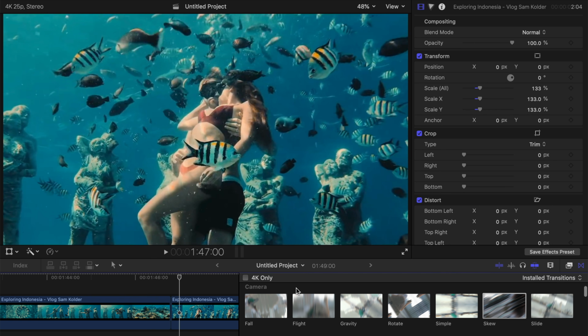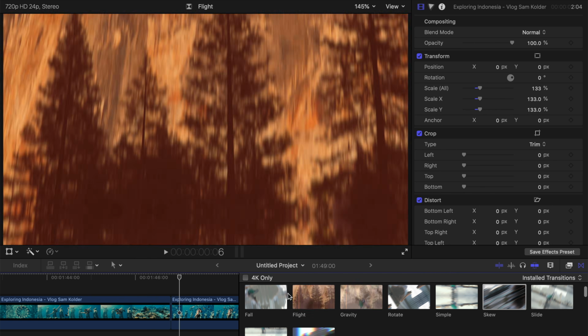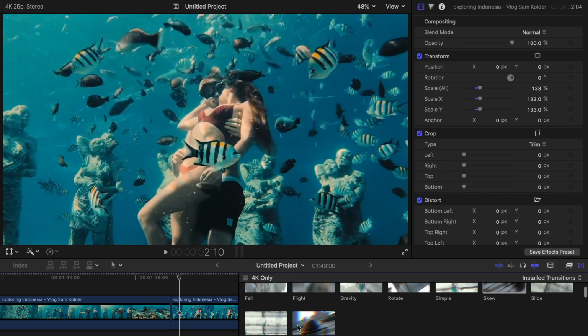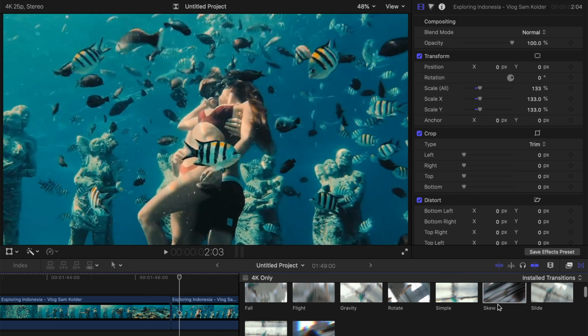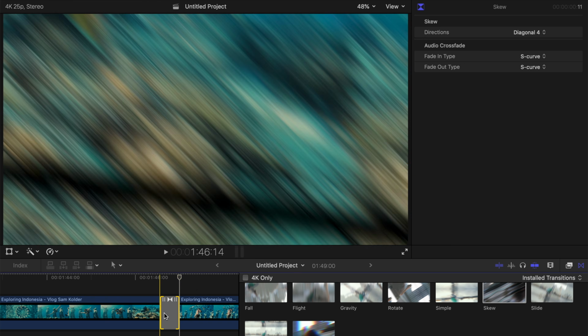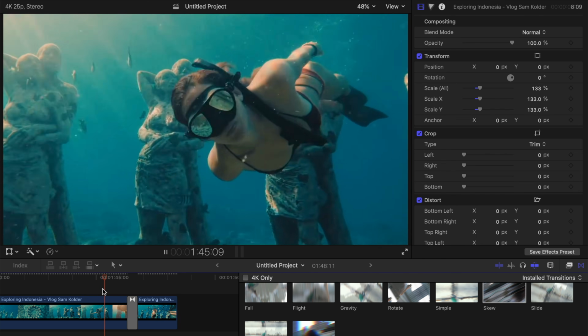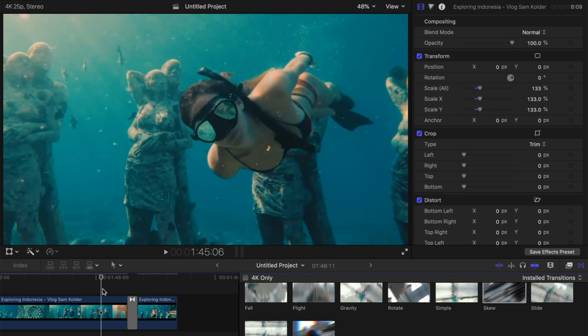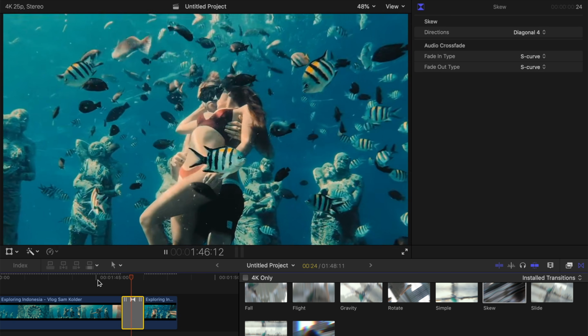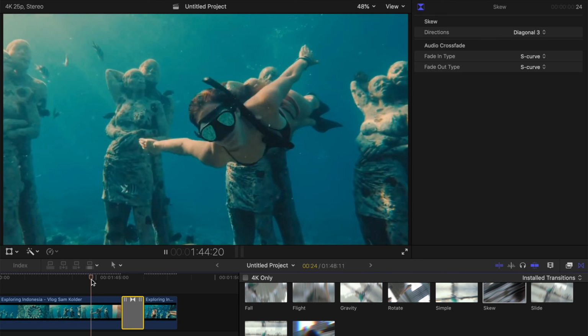And then I'll go on to the camera movement transitions. So these transitions are like the simulation of camera movement. It's very useful if you're doing some movements or very dynamic kind of movies, emotions. Let's just try it. So I'm just gonna choose the skew and shorten the time to around this time. Yeah, you can see it's camera movement from the bottom right corner to the upper left hand corner, and you can always change the direction. Like this one is diagonal 4, you can change to diagonal 3, so it's changed to another direction.